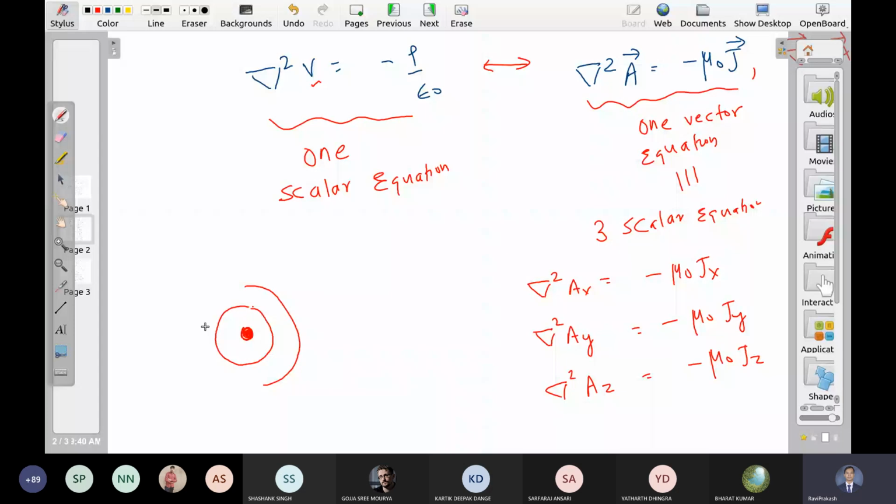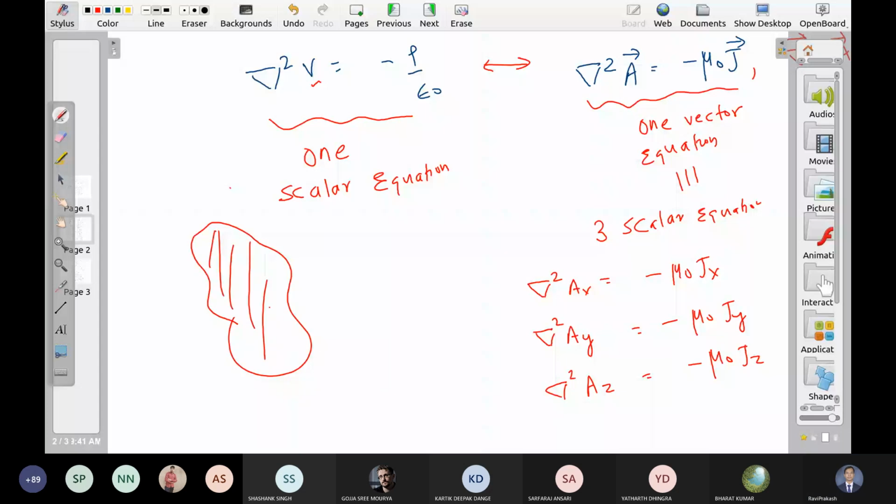Now what kind of equipotential surface do we have? It will be something like this, not precisely, but it will follow the shape of the charge. It will not be exact, but it will be something like this, right? It mimics the distribution of charge. Where there is no charge there is no potential, where there is more charge there is more potential. What happens to this? What do we have here?